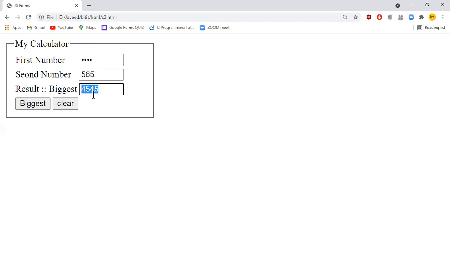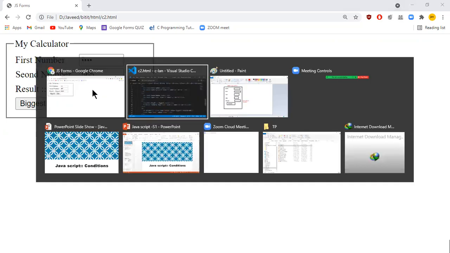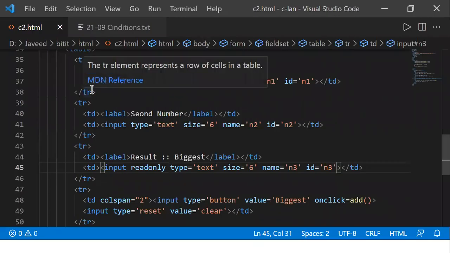See, I'm just trying to key in something. I'm trying to change it, and it's not allowing me to change. But it allows me to select the control. It allows selecting the control, but it doesn't allow changing the data inside my control. So that's how you make the control read only. Done? Understood how we made it read only?